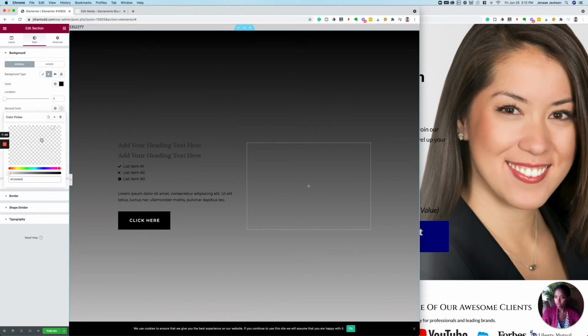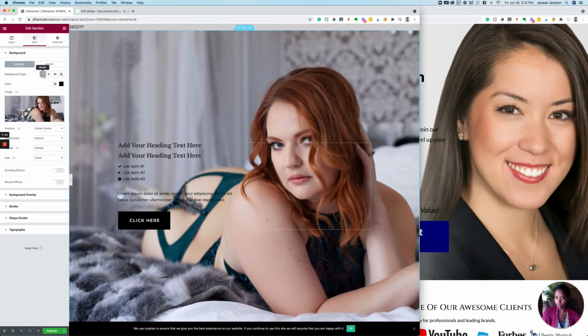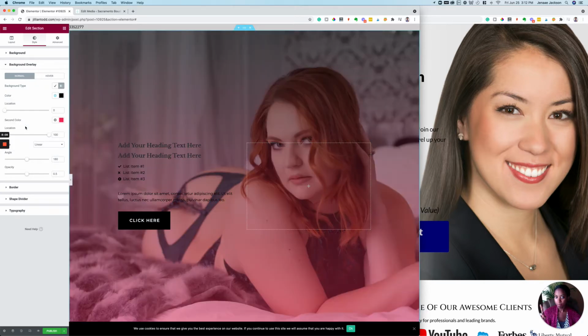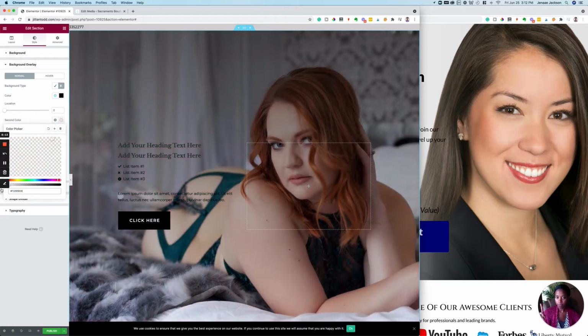Oh no, I'm in the wrong section. So this actually changes the background, and we don't want that because we want to use the image. You want to make sure that if you use an overlay, like a gradient overlay, that you use background overlay as opposed to background. So background overlay, and then you can see here I can add a gradient. So on the left, I'm going to want black, and then on the right, I want it to maybe be transparent. We'll see. And right now it's set up by default where it's top and bottom gradient. So then we're going to want to